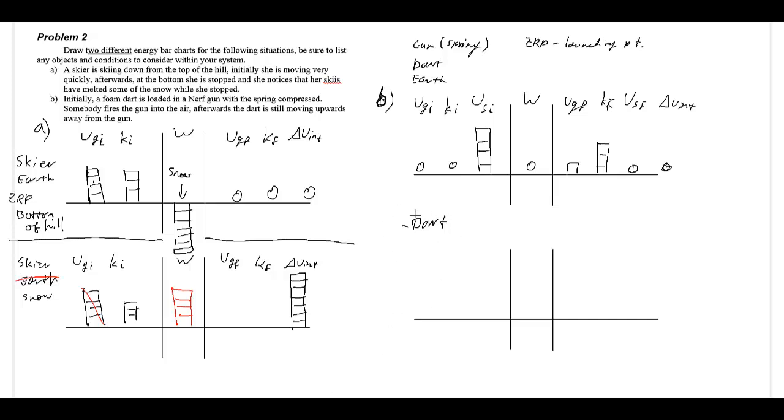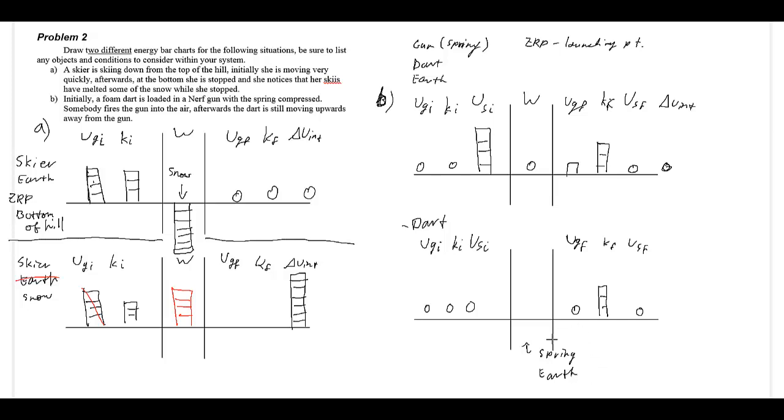So if the system is just the dart, let's just look at the before and after first. Before, the dart is the only thing in the system and has no energy, and then all of a sudden it has 3 bars of energy here. And somewhere this thing got energy from something to get this kinetic energy, right? There's no gravitational, there's no elastic. But there's 2 things now doing work on our system, right? We've got the spring doing work on the system,